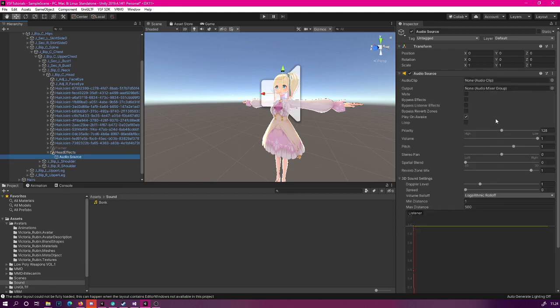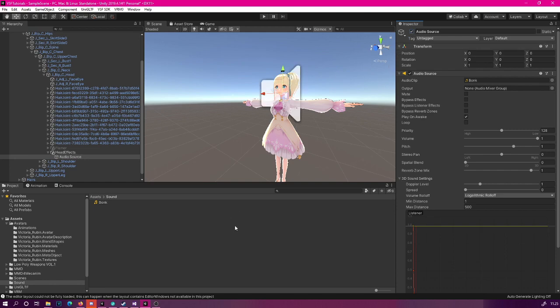Okay, so now we have the audio source set up, and we need to load in the audio clip that we just added. We can drag that in like so. Since this effect will be activated by turning on a blend shape, we will set it to play on awake. This means that whenever this object is set to active, the sound effect will start to play. So to turn this effect on and off, we will basically be animating this audio source effect and turning it on and off when necessary.